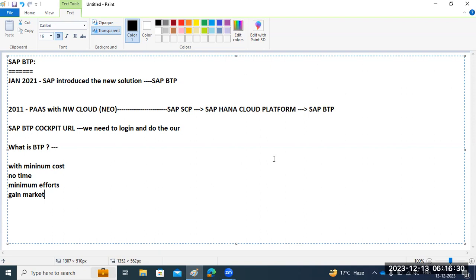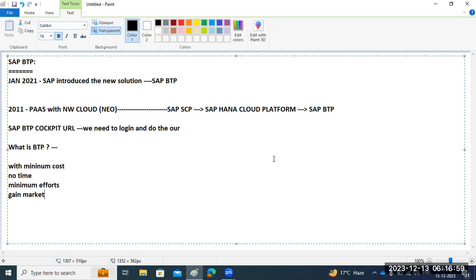And they also have to manage downtime, and some scalability-related options we need to handle. In this case, for existing customers also, you no need to spend much time here. Just install the Cloud Connector on your on-premise systems. You can integrate to such services on the cloud side. It's a very easy integration.